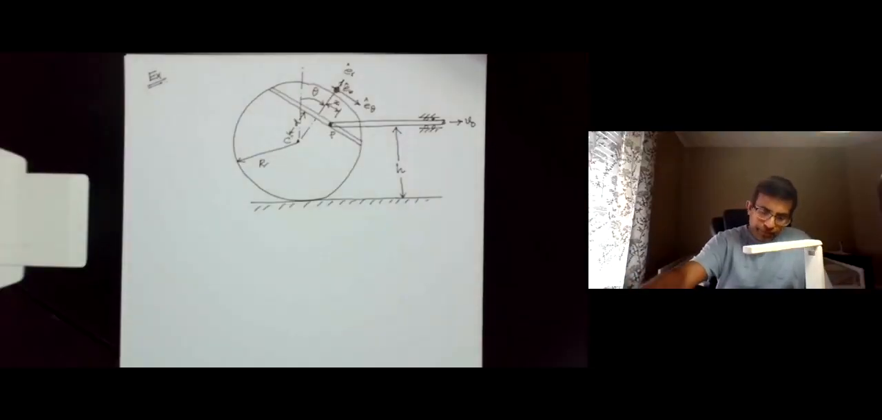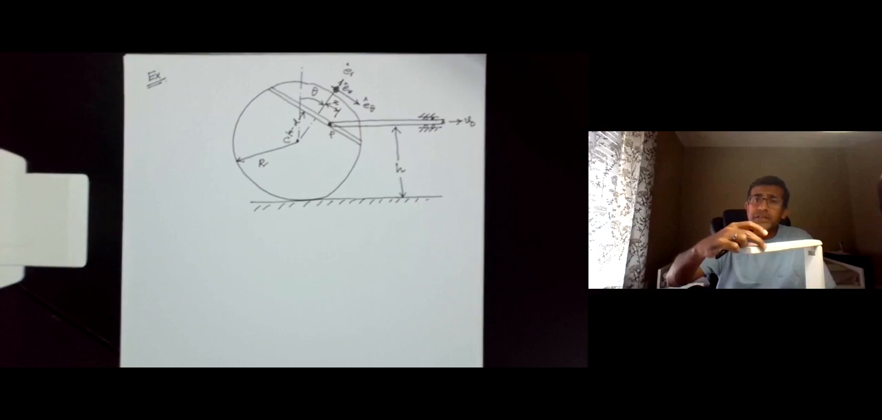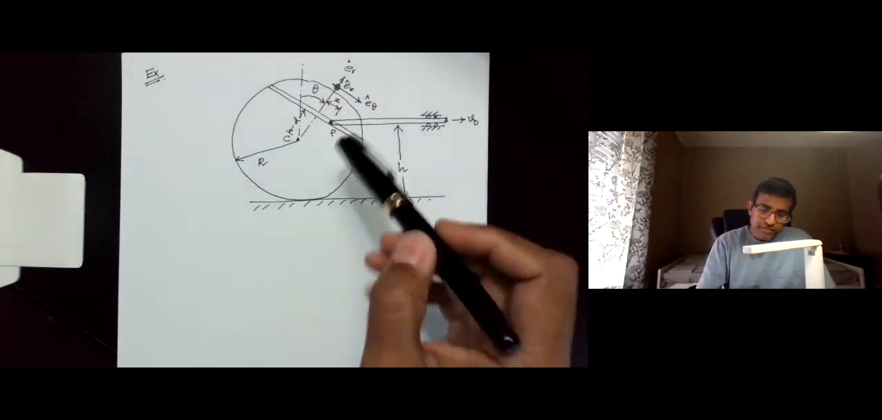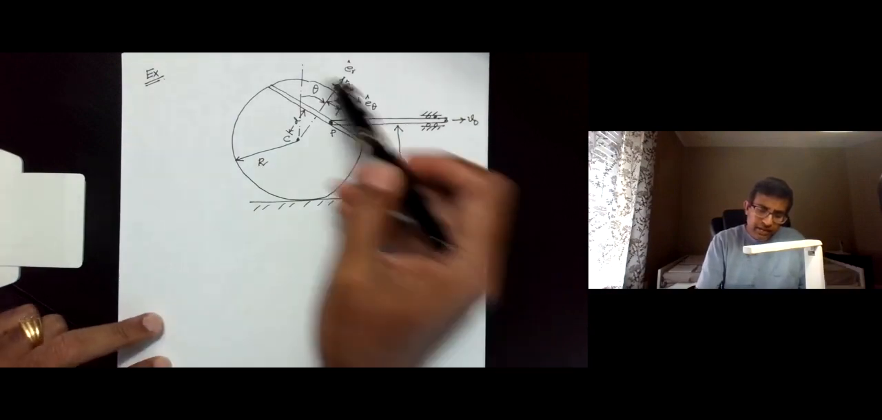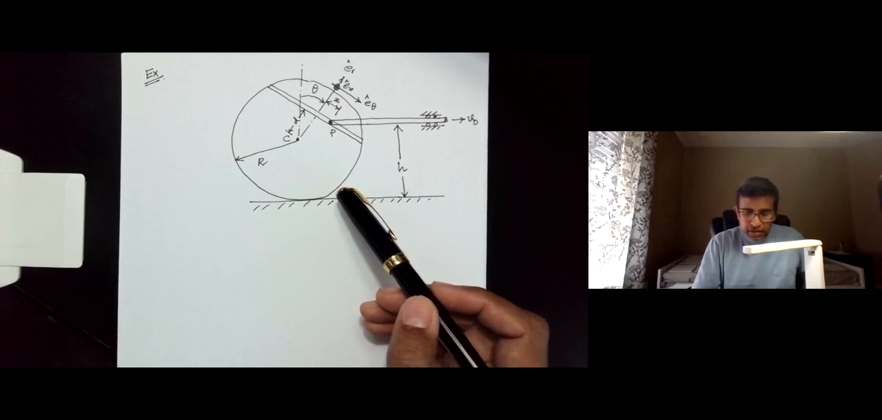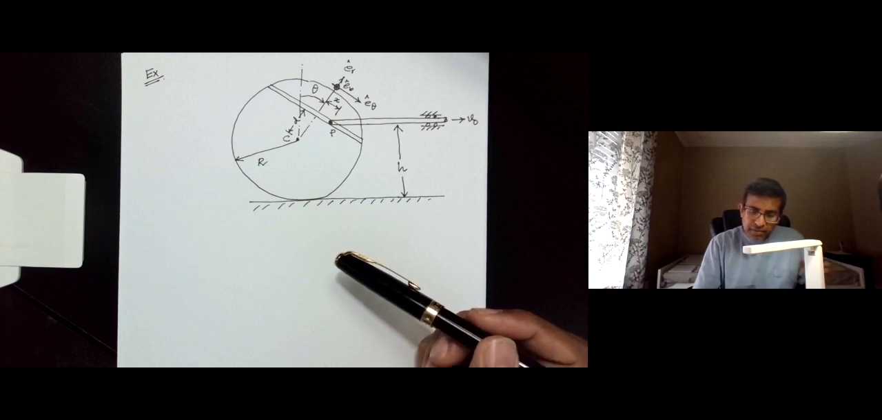Okay, so in this video we will solve a problem on, again, rigid body kinematics, and I have drawn the picture here of the system. So essentially there is a disk that is rolling without slipping on a horizontal surface, and on